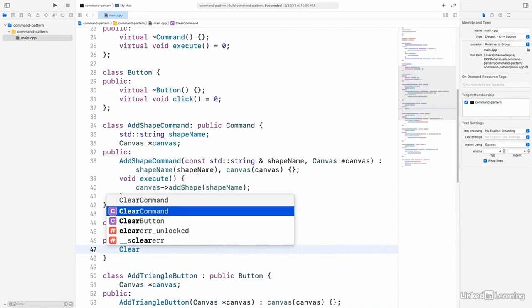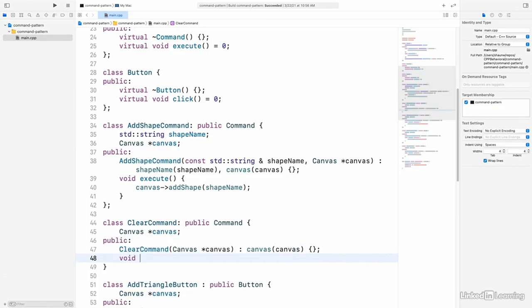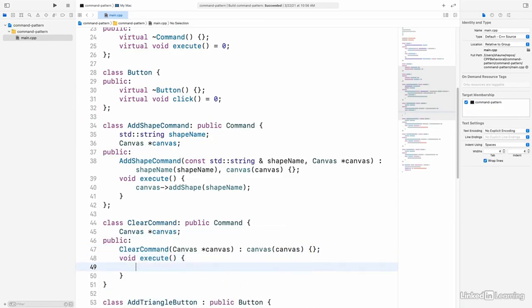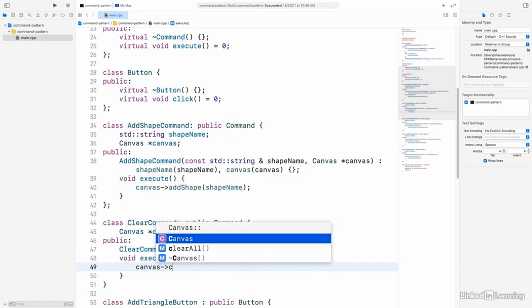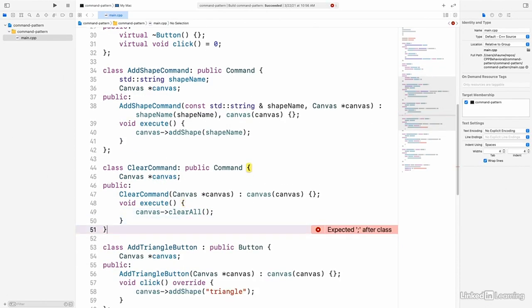It's going to have a constructor, which is just going to take the canvas pointer and set it. So canvas. And then for the execute method, what we're going to do is simply call canvas clear all. Okay, so it's our clear command and add shape command that are actually performing these actions, again, instead of the